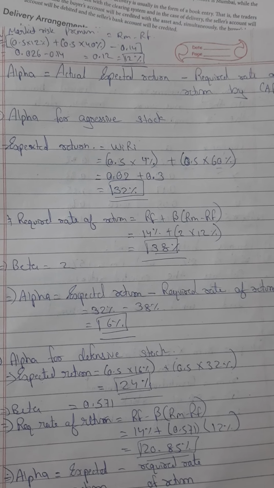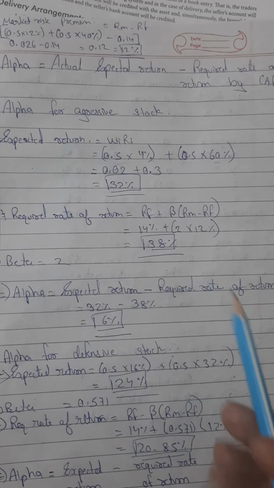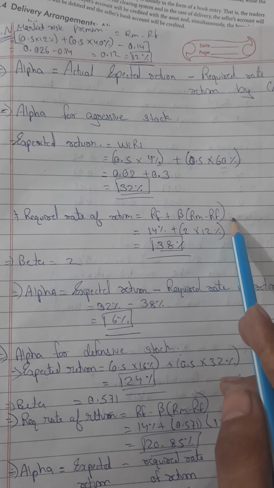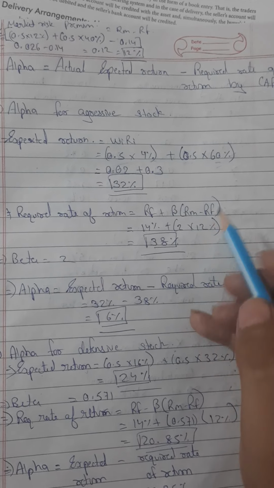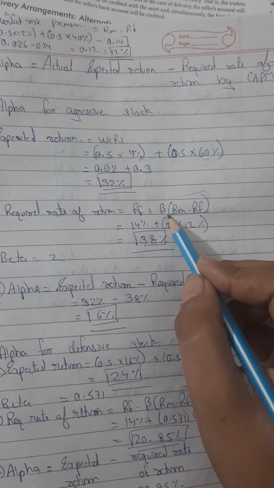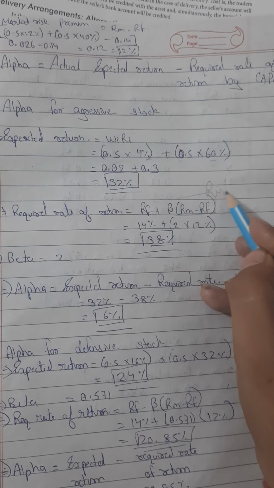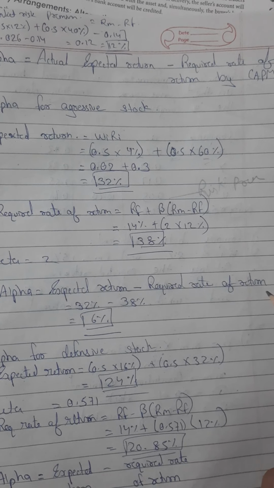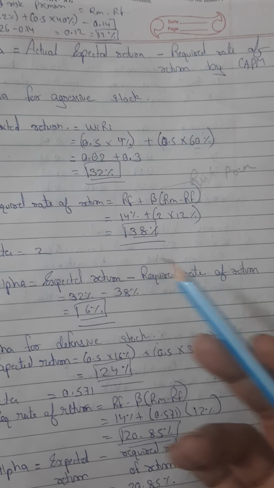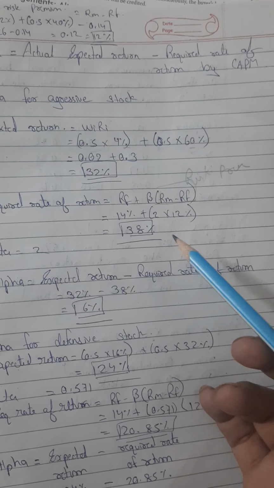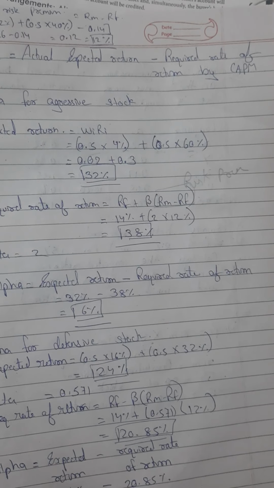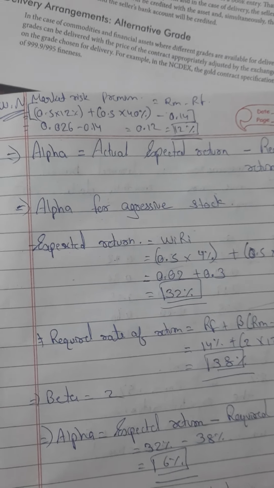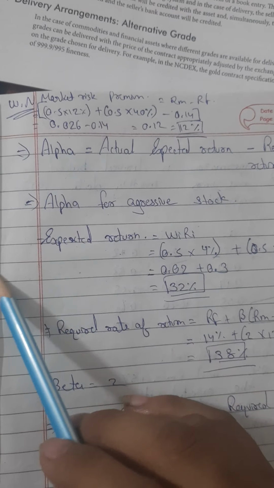Required rate of return according to CAPM formula: RF plus beta, RM minus RF, right? Now, RM minus RF is generally known as risk premium, but we don't have any risk premium in our question, right? We have got the RF, but we haven't got the RM in our question. Then what will we do? To find the market risk premium,